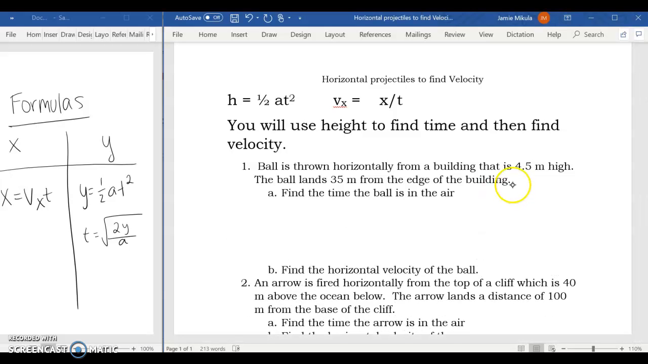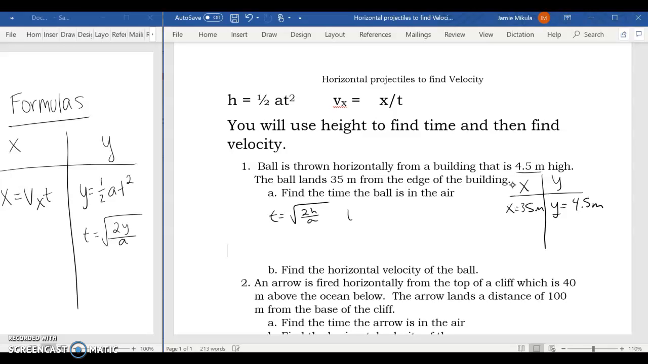If you list your givens first, list them in X's and Y's so that you know what you have in the horizontal and the vertical direction. It says the building is 4.5 meters high, so that's going to be my Y, or the H, the height, 4.5 meters. The ball lands, that's an X, of 35 meters in the X direction. Find time. So because I have a vertical distance here, I can use T equals square root 2H over A